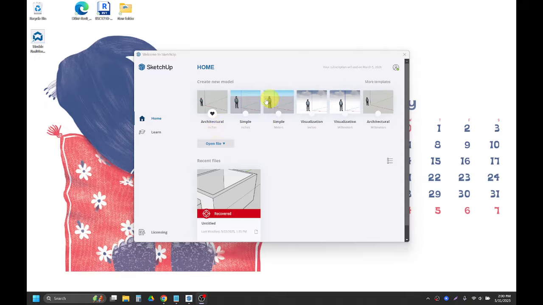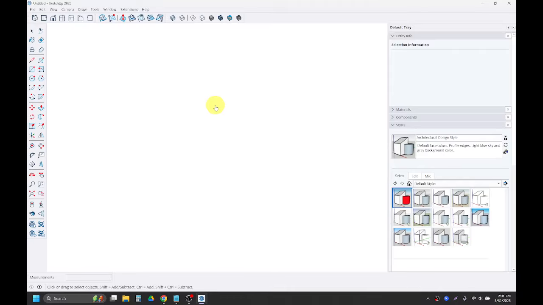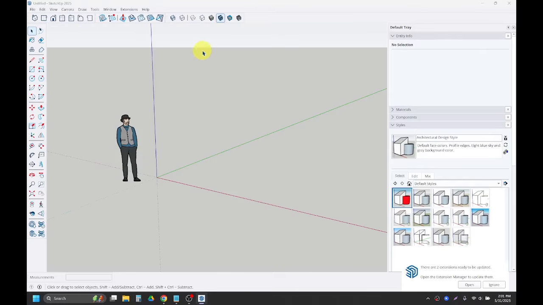It might be in a different area on your screen just because I have it hearted. And then we can launch SketchUp. Now, the other thing I'd recommend, let's just give it a second to load. Or 100 seconds to load. There we go. You can see here that in my version of SketchUp, I've got a couple of different toolbars